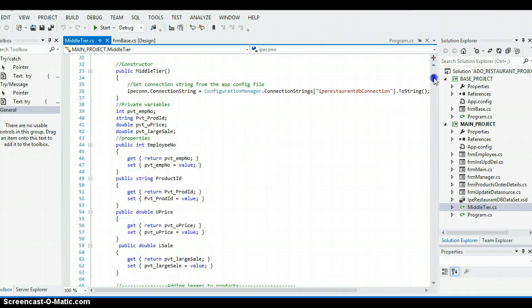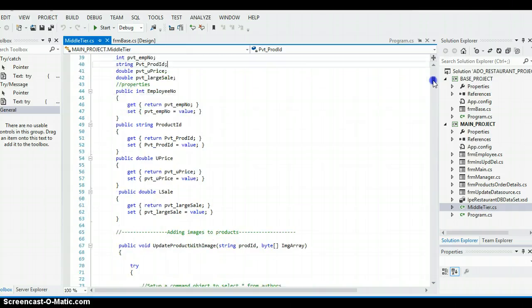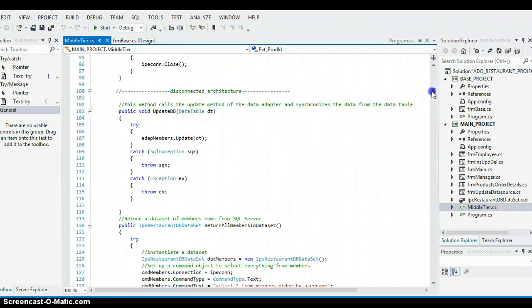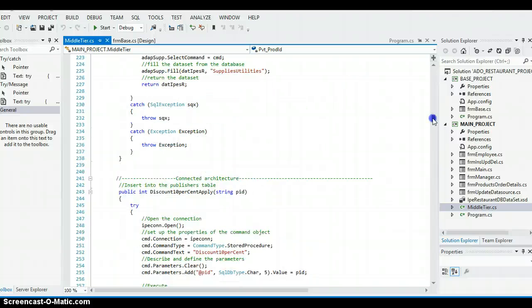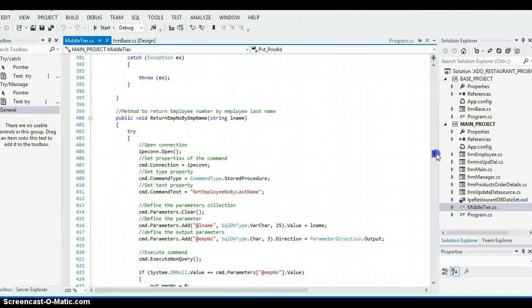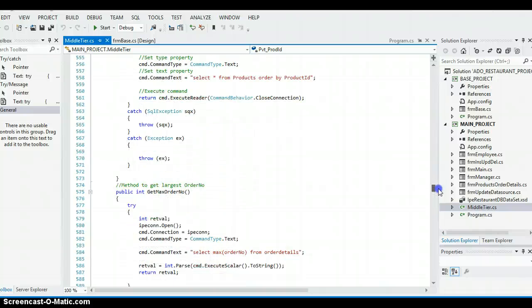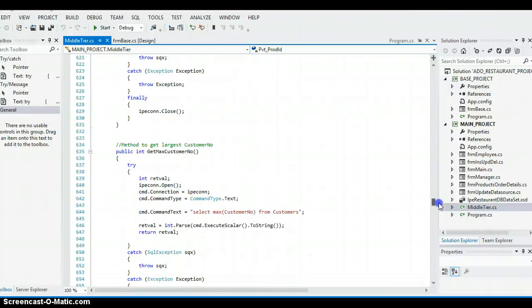And I also have, in a constructor, this connection string, which is actually coming from my configuration file, and lower down I have all these properties that I used. I can't really explain all of these methods that I have done as practices earlier, but the point here was to practice and show that we are able to use all these techniques and command of